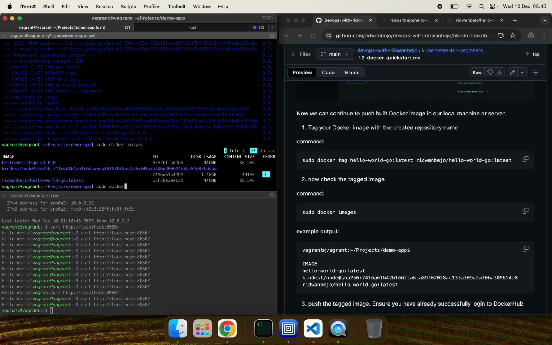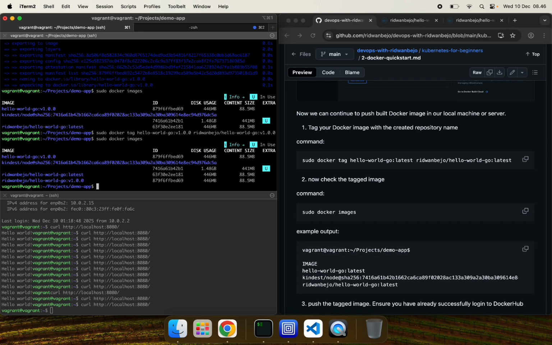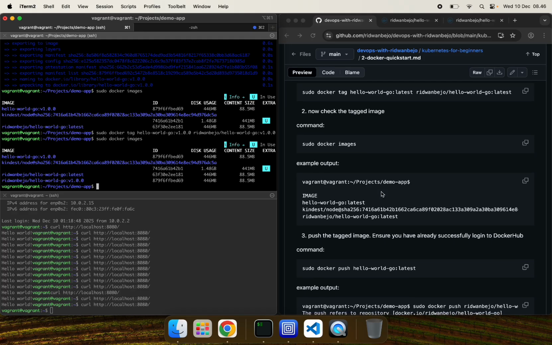Let's use a different tag, hello world go, sorry, v1.0. Okay, let's enter. And let's see on the Docker images, we have a different tag here, which is pushable to the Docker Hub.